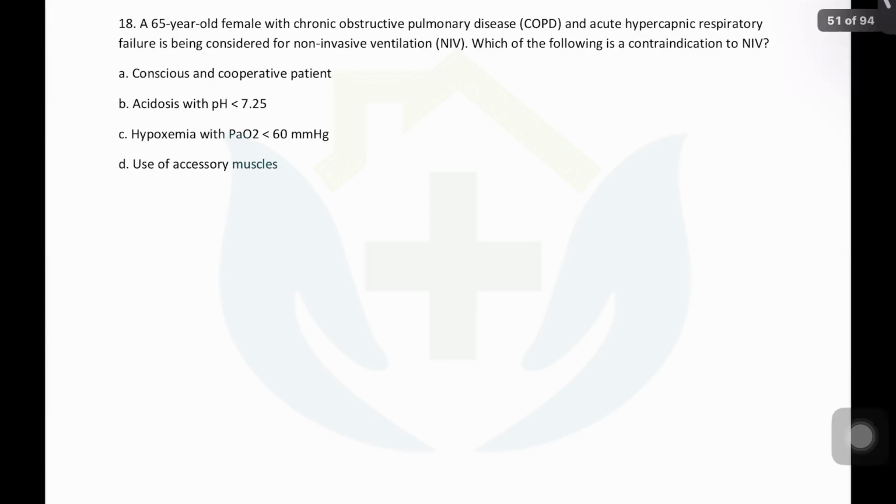I have a question here. The flow rate, 15 liter, 16 liter, we can go. From the machine we can fix 40%, and we are using this HFNC. But how much oxygen will the patient get through this HFNC?